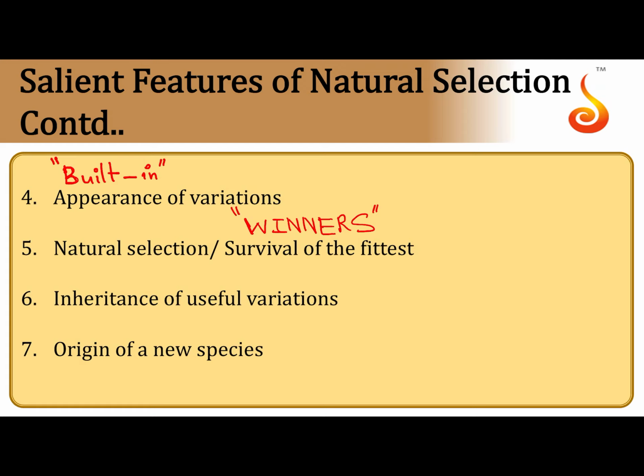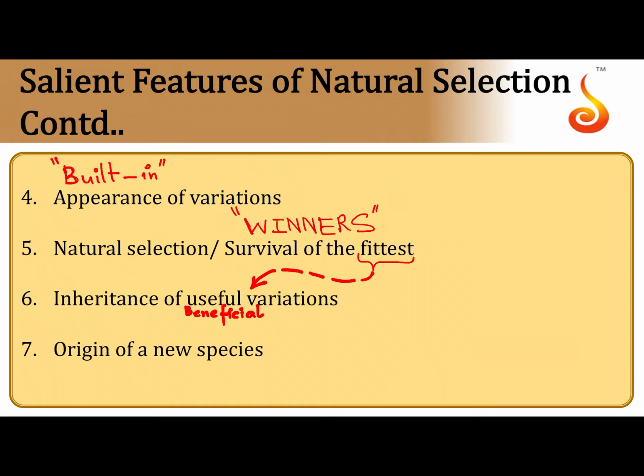And we say that the winners or the fitter ones had, by chance, fortunately, a type of variation in them which we can call beneficial variation, or we can also refer to it as useful variation. So by chance they ended up having beneficial or useful variation, and that is what allowed them to cope with the struggle. They emerged as winners and they became known as the fitter organisms.